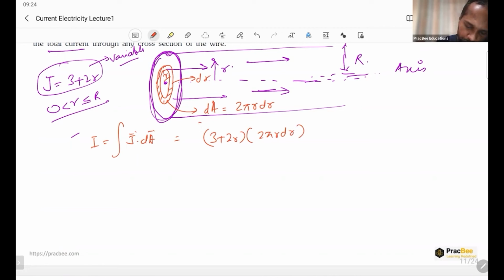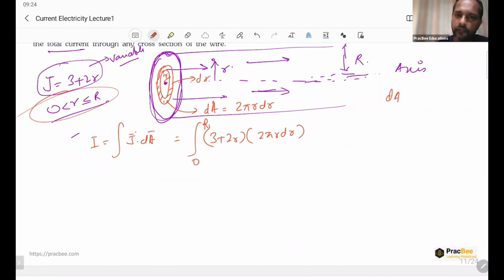और एरिया जो होगा वो होगा 2 pi r dr, इसका इंटीग्रेशन। तो जब भी किसी सर्कल के ऊपर आपको इंटीग्रेशन करना होगा तो आपको छोटा सा एरिया चाहिए होगा, तो आप ये मानेंगे कि वो सर्कल लाखों करोड़ों इनफाइनाइट नंबर ऑफ थिन रिंग से बना हुआ है और उस रिंग का एरिया 2 pi r dr होता है। This we did in electrostatics, मैंने बहुत धीरे धीरे किया था और मैंने आपको बताया था कि कभी भी आपको सर्कल के ऊपर इंटीग्रेशन करना होगा तो आप उसे रिंग मान के फिर इंटीग्रेट करेंगे।